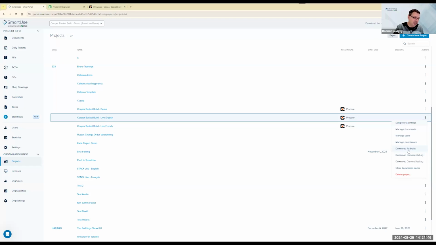It's not attached to the email because sometimes it's too big. And the people that will forward that email with the link to download the as-builts of that specific project don't need to have access to SmartUse. It's just a link to download the files, the zip files, and that's it, right? There is no restriction on that, right? So that is the last thing that my goal was to show you: how to own your own project and